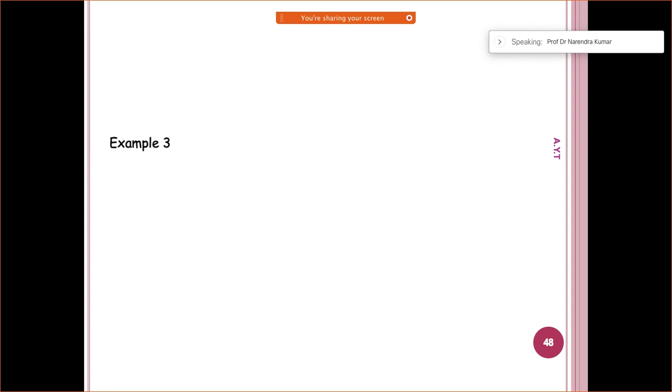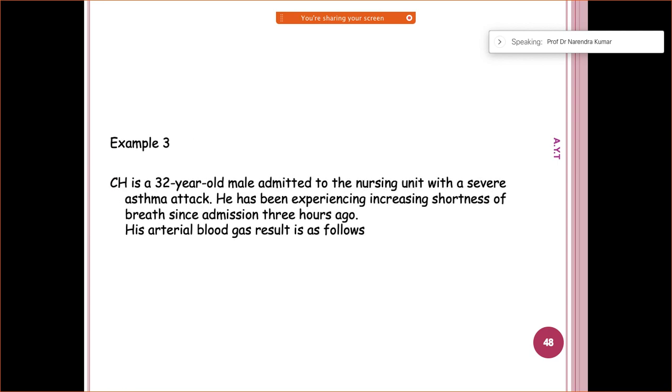Okay, since you have understood this, I'll try to give you a slightly different style of question. Let's do one more example. There's a 32-year-old male patient admitted to the nursing unit with a severe asthma attack,